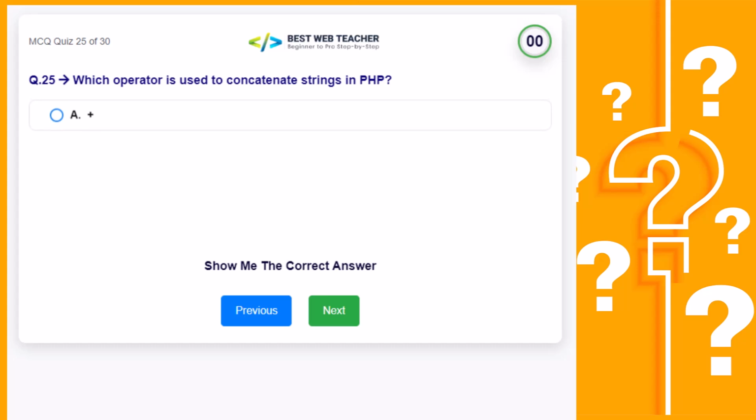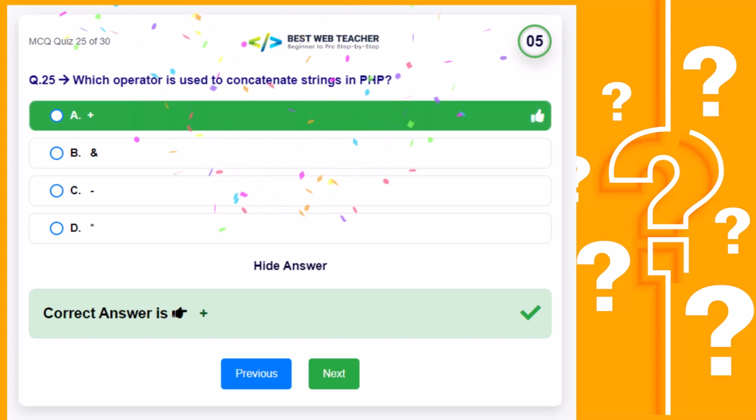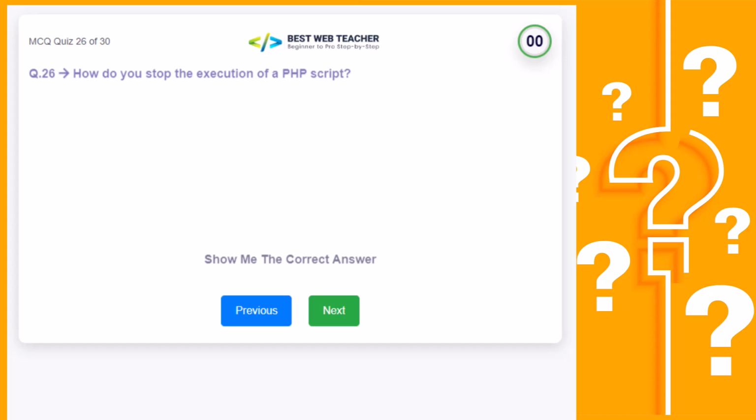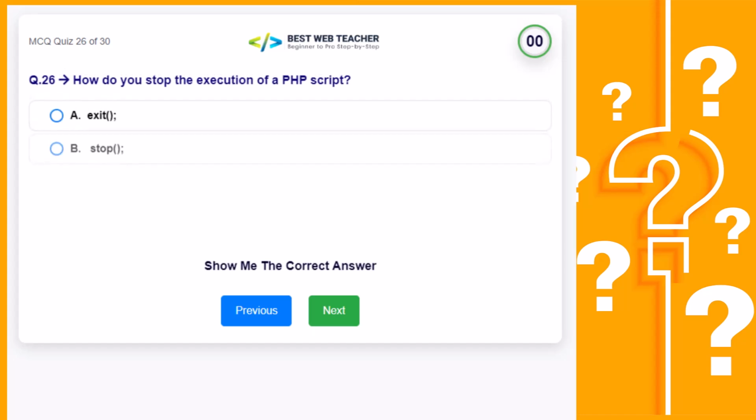Which operator is used to concatenate strings in PHP? Correct answer is How do you stop the execution of a PHP script? Correct answer is